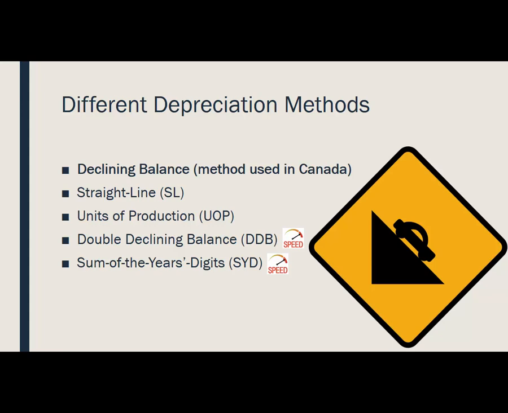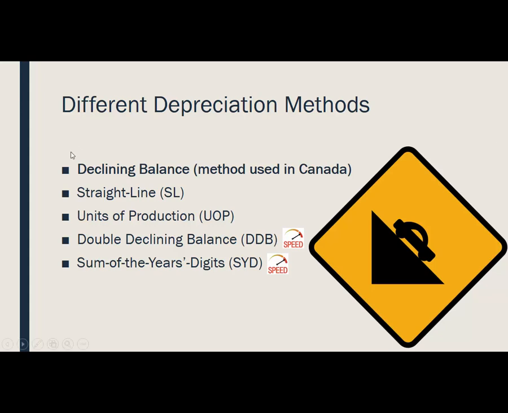Some of you use sum-of-the-years' digits and double declining balance. These are both accelerated depreciation methods that account for a higher depreciation charge in the first years of an asset's life and gradually decrease depreciation expense in the following years. These are accelerated methods that are used if an asset depreciates more in the first few years. It also allows businesses to depreciate expenses more at the beginning. Therefore, it helps them out with taxes more at the beginning of the asset's useful life.